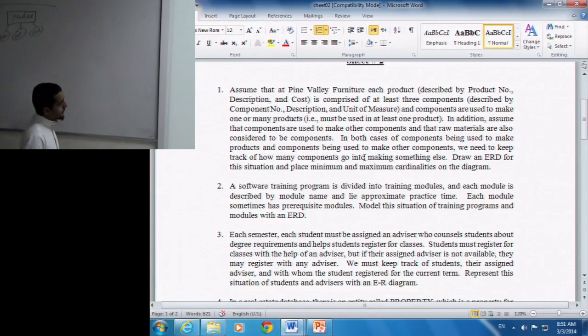Product, let us forget what's in between brackets. Each product is comprised of at least 3 components. This is an English sentence. That's a correct English sentence, right? 2 nouns, right? And a verb. Each product, this is the first noun. Component is the second noun. There is a verb linking it together. Is comprised of. Let's forget at least 3 for now. Now we have what? Relationship of comprise. It indicates that there is another noun, component,